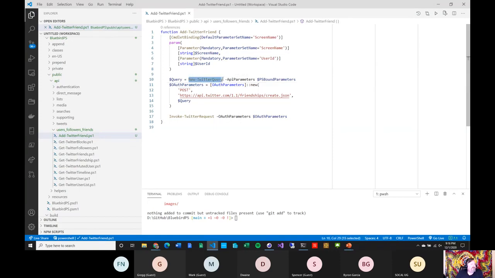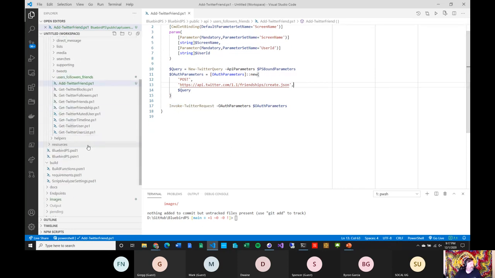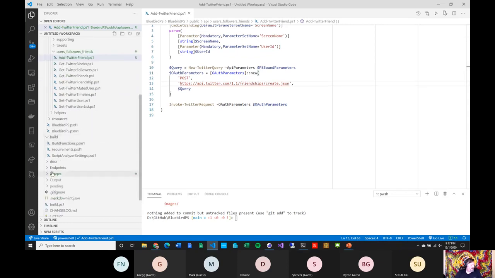This new Twitter query takes what is sent in with the bound parameters, and it builds a new query that this class will take as the third parameter, and then this invoke Twitter request will do all the heavy lifting. Again, I built this to make creating new commands relatively simple. Of course, I want to leave this in here, but I'm going to have to go back and